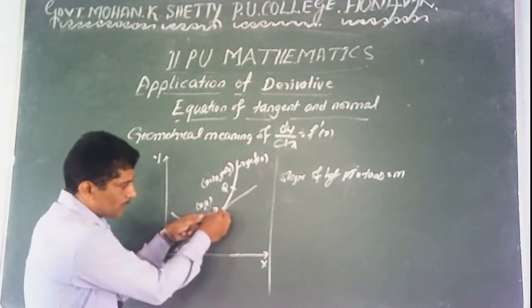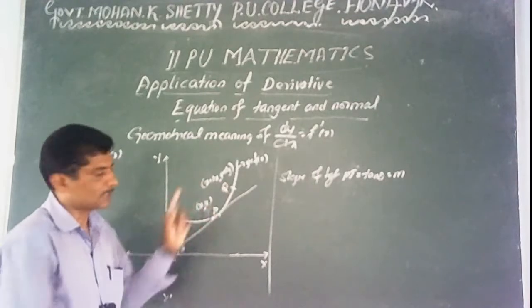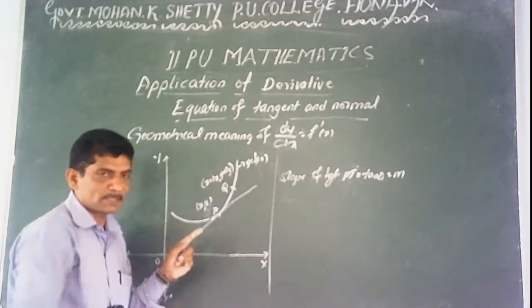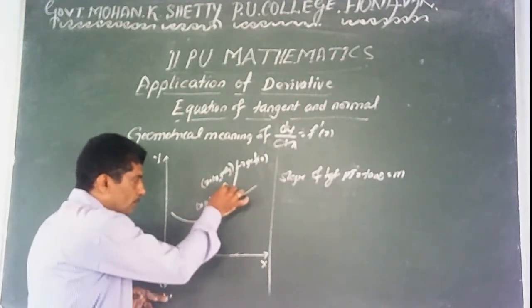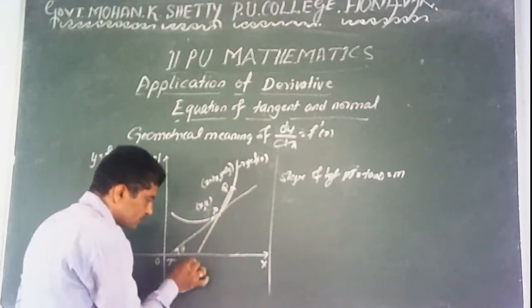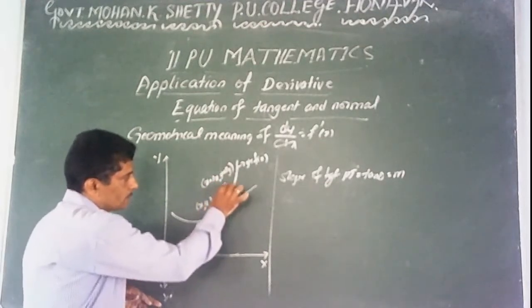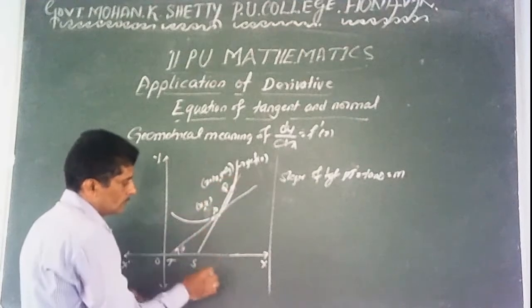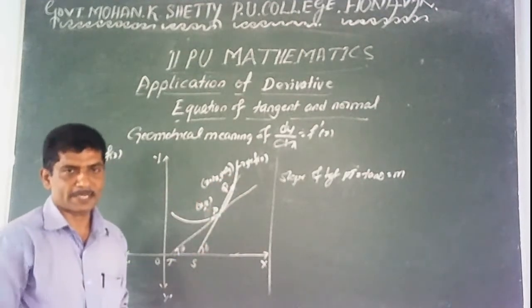Q is very close to P, but for seeing it here you take P and Q like this. It's clear? Then draw the chord PQS. This chord PQS